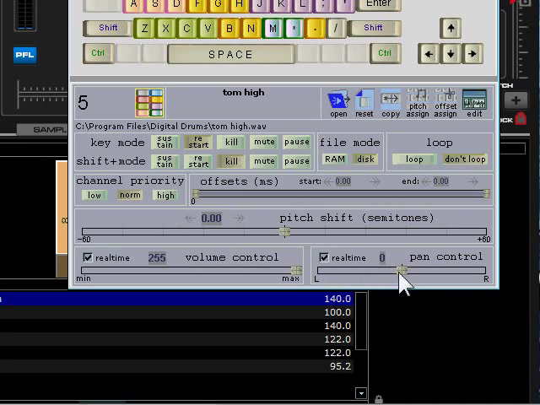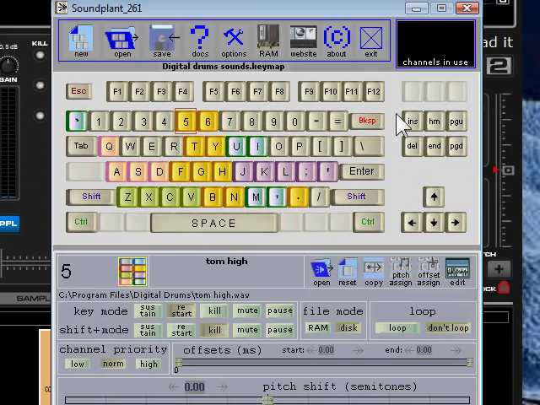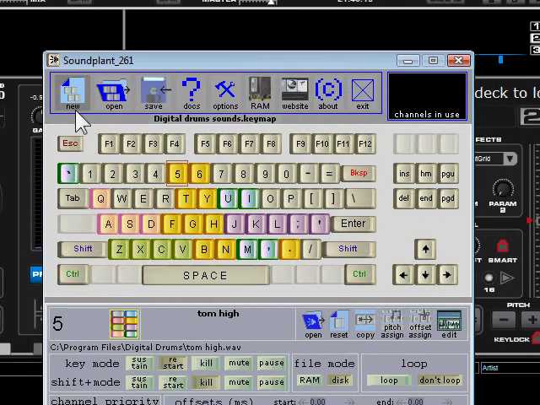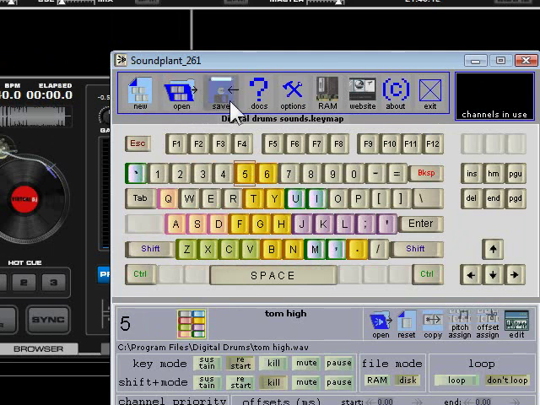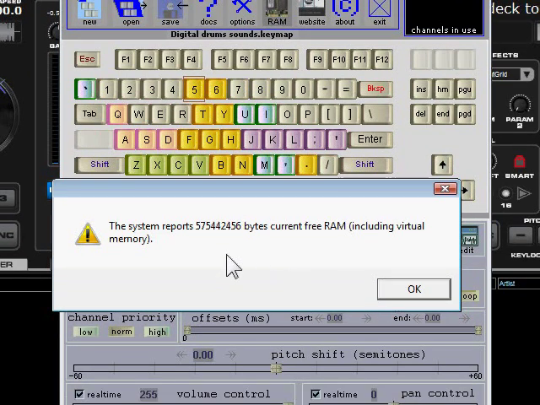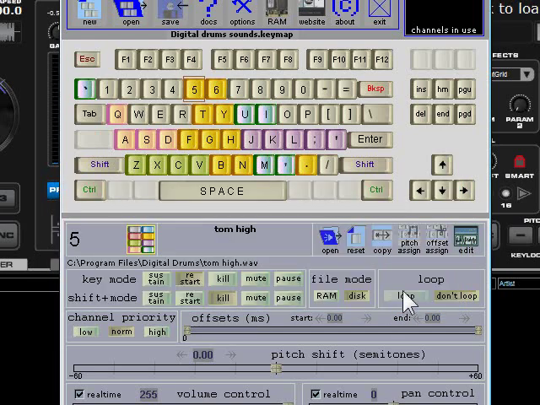And of course you can save your files, you can open them, you can make new ones, documents. It even tells you how much RAM. Look, that's how much RAM this PC supports, including virtual memory. Close, a link to the website, and a little about information. Now, I'm going to let you hear real quick